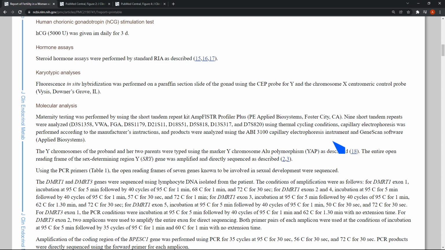So it might be like a CCGC, and then you see CCGC, CCGC, and you count how many of those repeats there are. And if they line up closely, then you can say that these people are related. And if they line up to enough of a degree, you can say that there's a paternal or maternal lineage